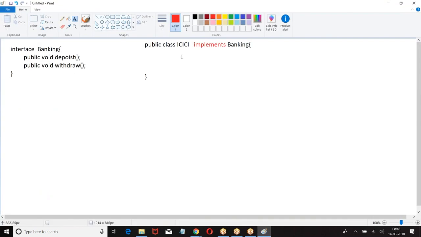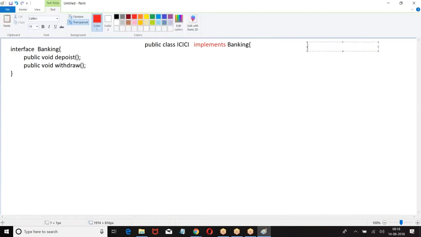Now let us see. Class implementing what? Interface. Now, see boss. Class is a keyword. Interface is a keyword. Implements is also a keyword. If you want to define a class, you give class name.